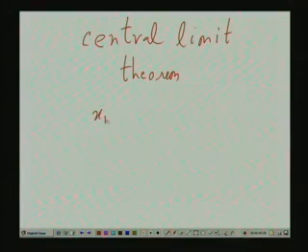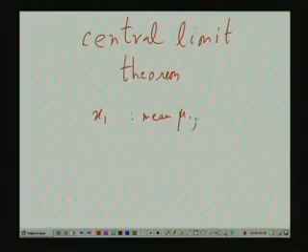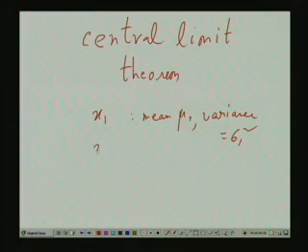Now, this says that suppose we have got some random variable x 1, which has got some probability density and distribution function. It could be Bernoulli, it could be binomial, it could be Poisson, it could be Gaussian. It has got a mean mu 1, variance sigma 1 square. Similarly, suppose we have got another x 2, mean mu 2, variance sigma 2 square,